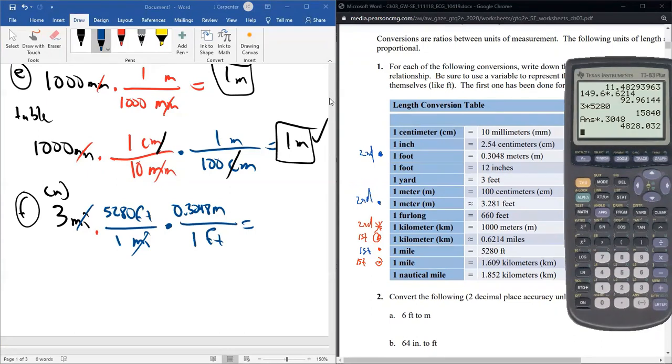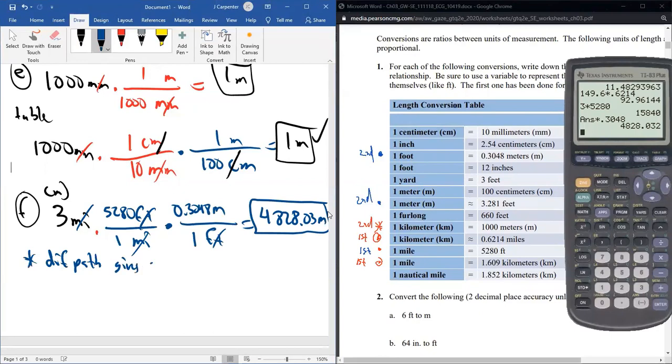So 4828. And they said round to the nearest tenth. So 0.03, and the feet are canceled, so the only thing we're left with is meters. And that would be our answer: 4,828.03 meters. Now, I will mention with this problem that if you did a different path,